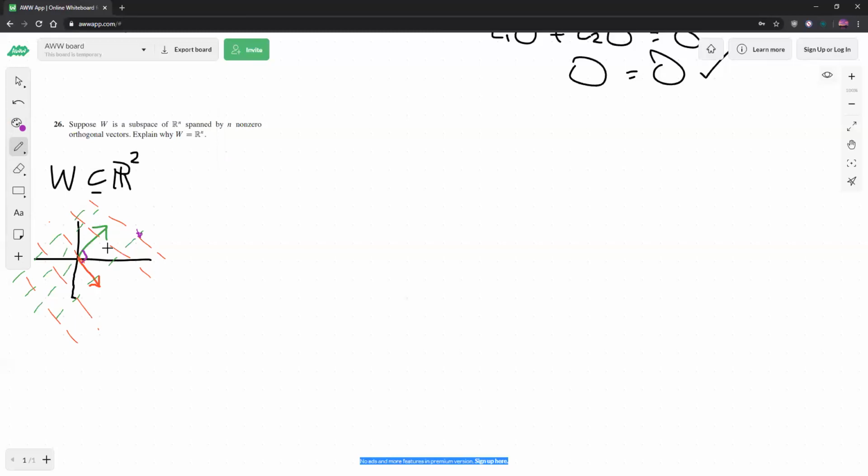So this holds up in Rn, and there's a theorem in the book that kind of shows us this. So let's write it out. Let's write out what you would probably want to say for this one. If W is spanned by n non-zero orthogonal vectors, there is a theorem, I think it's called Theorem 4 in the book, that says